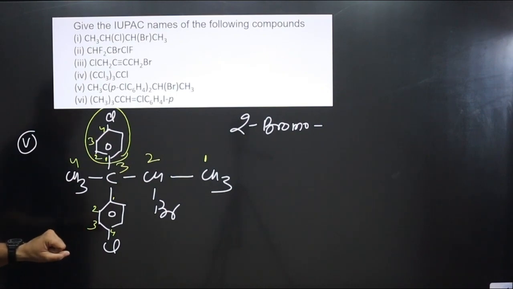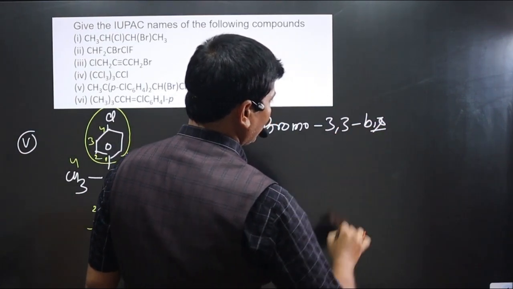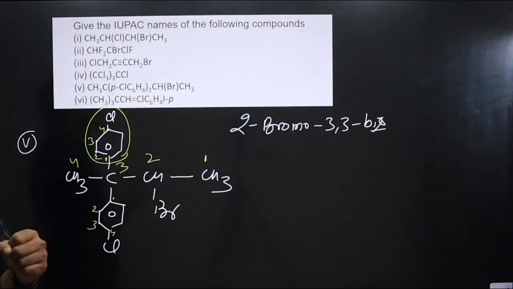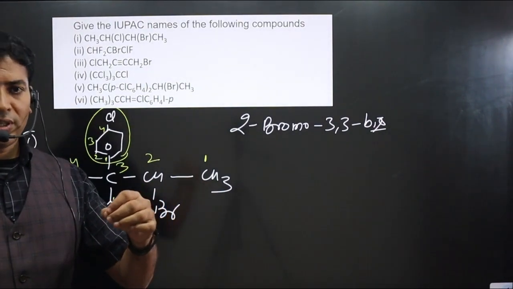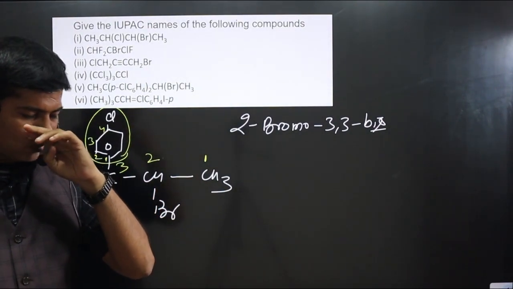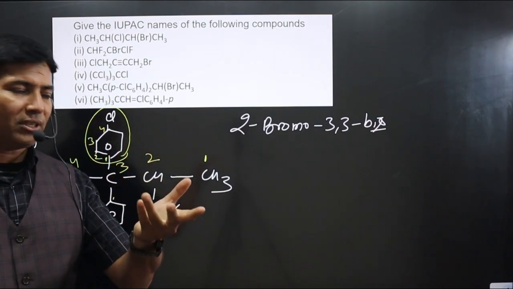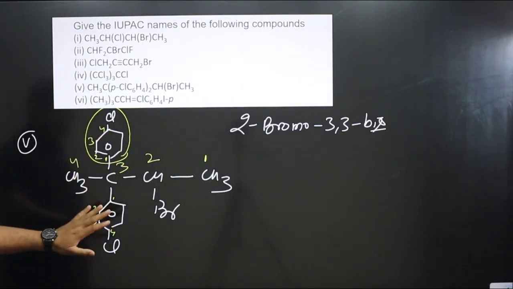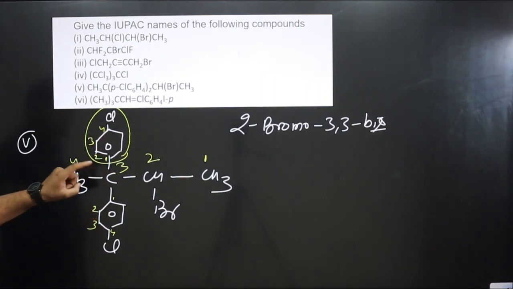So we got a 2 bromo, and we got a 3,3, and then we have bis. We use bis in general for polydentate ligands. In coordination chemistry, you might have learned, if polydentate ligands are present, we use bis, tris, tetrakis based on the numbers. So bidentate bis, tridentate tris, and tetrakis, pentakis, hexakis, like that it goes. Okay, so this is a polydentate ligand. Here a cyclic ring having aromatic character is also there, and hence we can mention 3,3 bis,